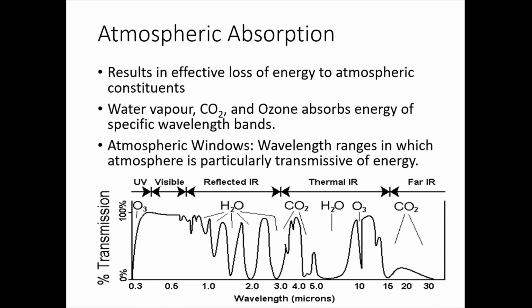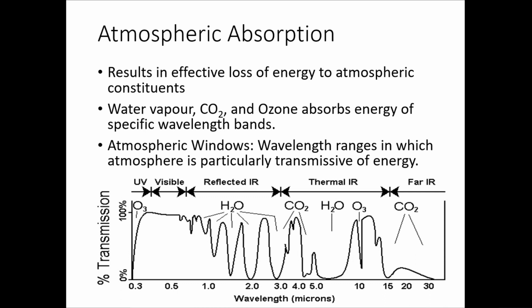So if you want to observe something, you can observe it between the thermal IR and the far IR. You can see that there is a transmission window, right? So you can sense something in this range. Agree? You can sense something here because the transmission is very high. You can also sense something in the visible spectrum of the electromagnetic spectrum, right? Can you see that?